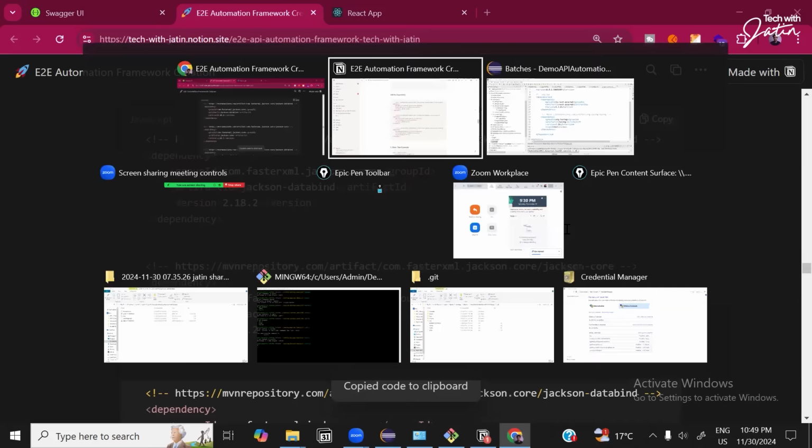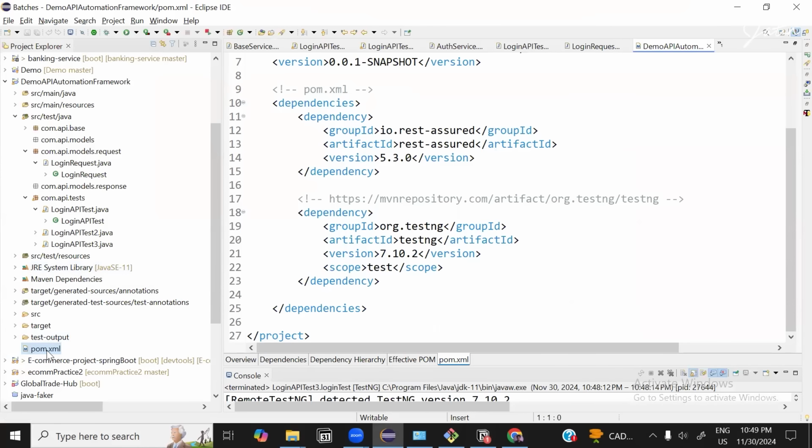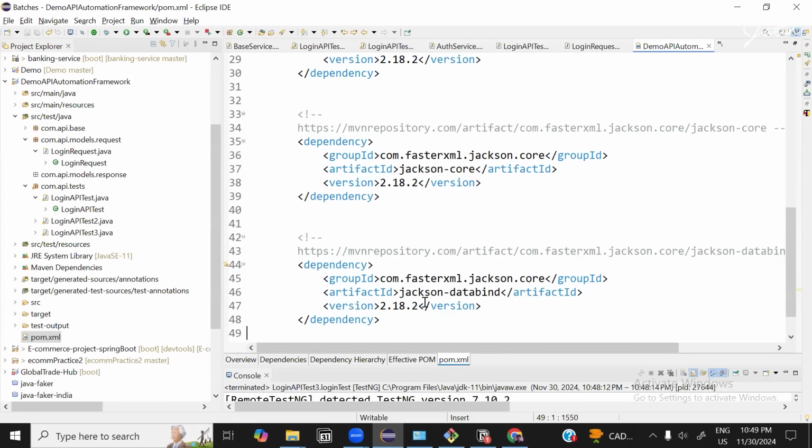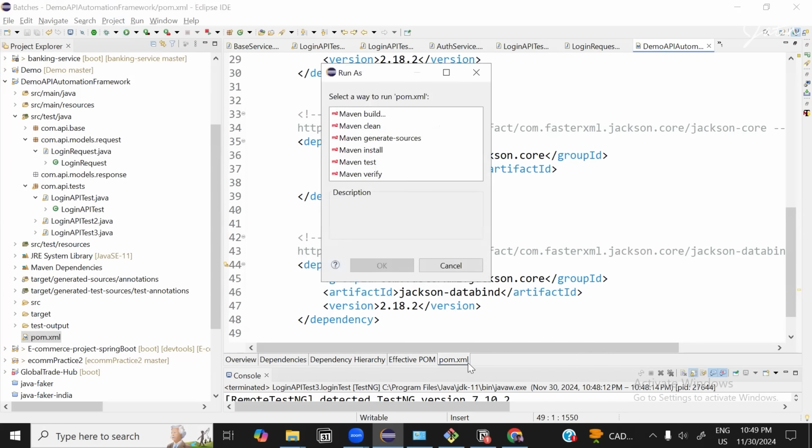I'm just going to copy this. Go back to the pom.xml. Introduce these dependencies. Okay. Core and databind, I have added. So if I'm going to click on the play button now,